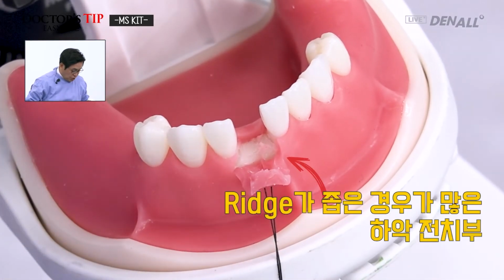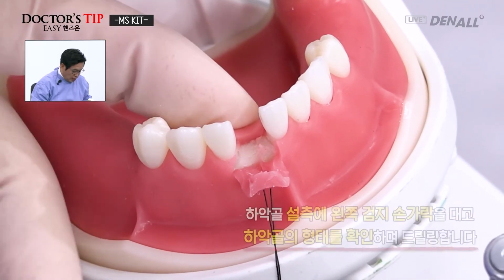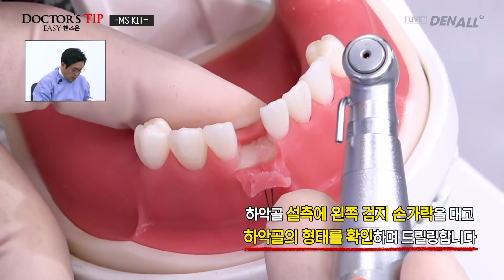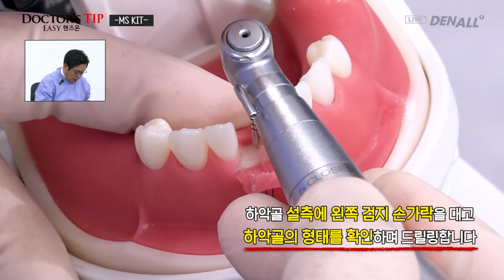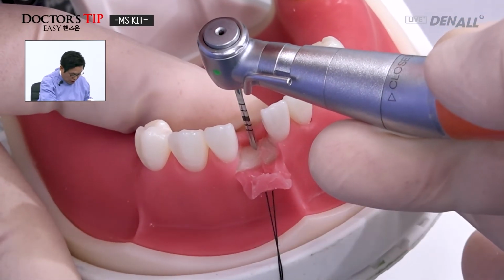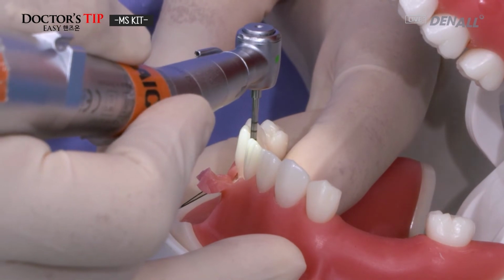Generally, when you place in the lower anterior side, there are a lot of cases where the ridge is narrow. So to push lingually, on the mandible lingual side, in the area I want to place, the left forefinger is put, so I can drill, feeling the bone contour. So leaning toward the crest, I go through the lingual crestal bone, so I position it, and the missing part in the center, I go more on the lingual side for drilling. So like this,